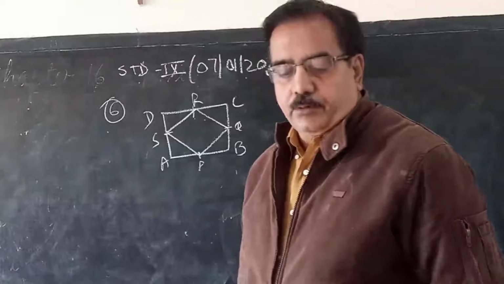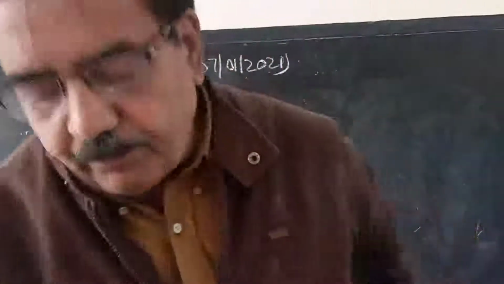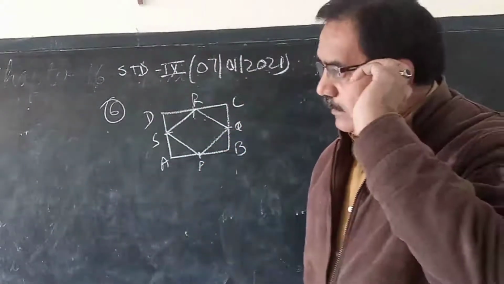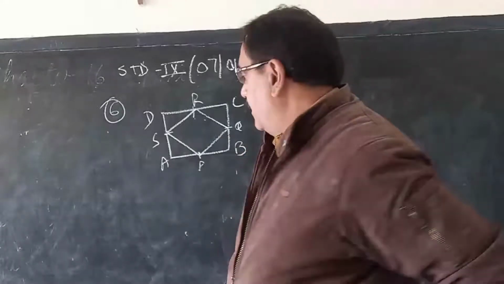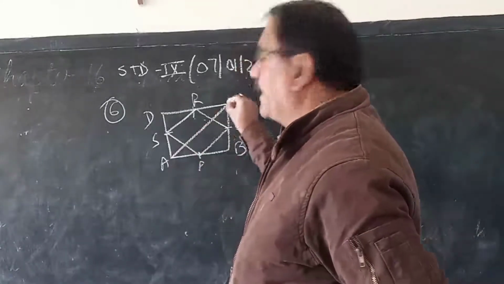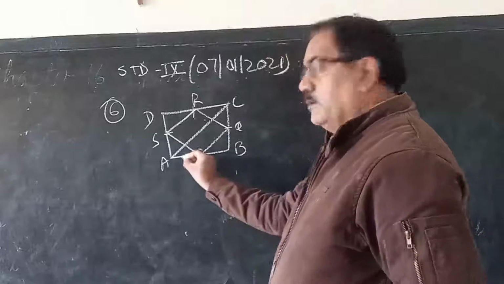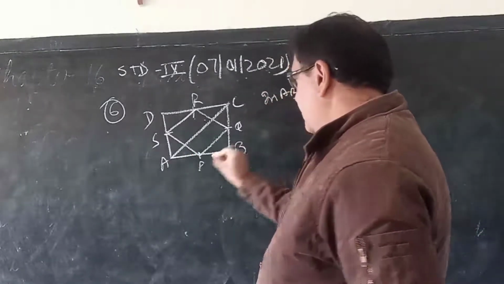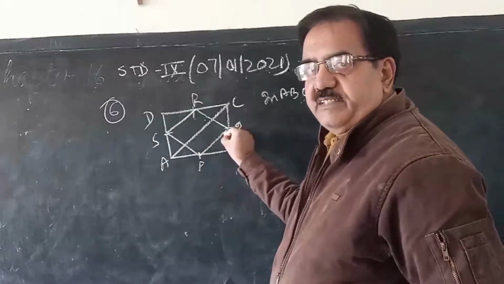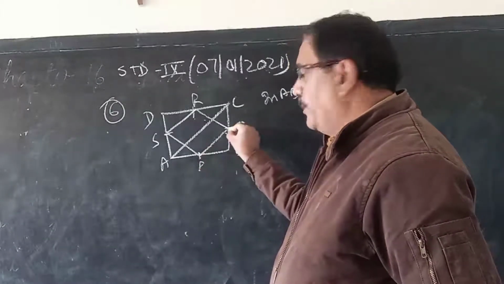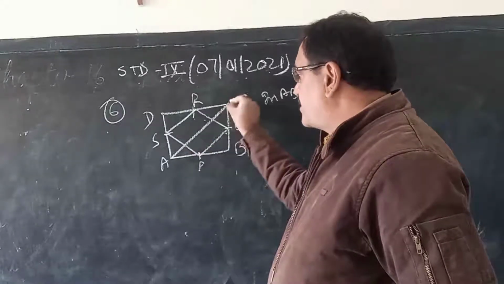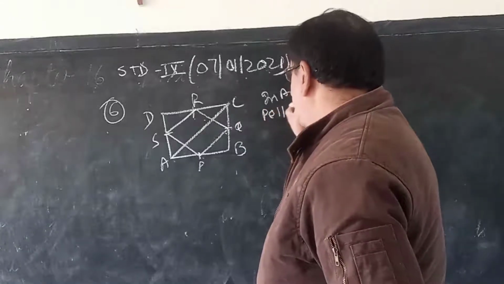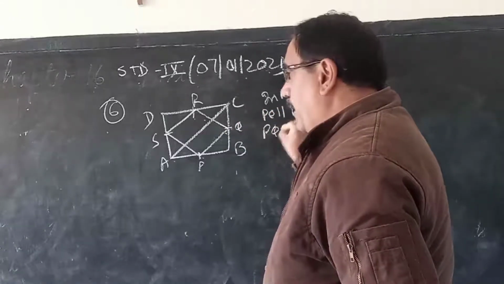So how to prove? You know that the midpoint theorem is applicable only in a triangle. There is no triangle, a square is given. So first of all we have to construct what? Join AC, the diagonal of the square. Now in triangle ABC, P and Q are the midpoints. So the line joining the midpoints will be parallel to AC and PQ will be half of AC. PQ parallel to AC and PQ is half of AC.